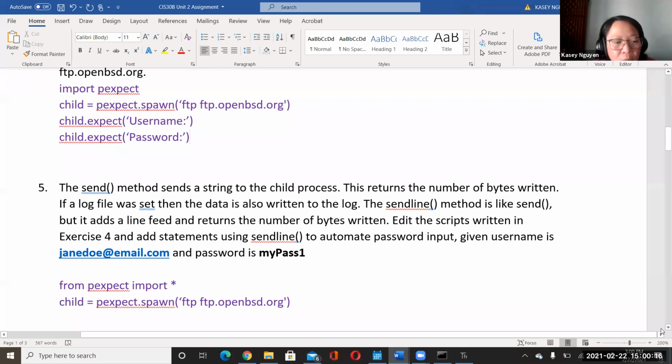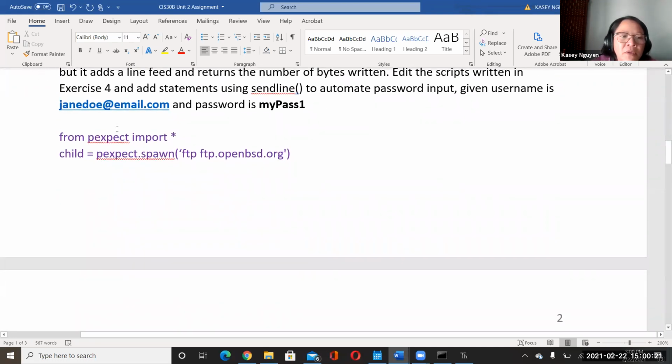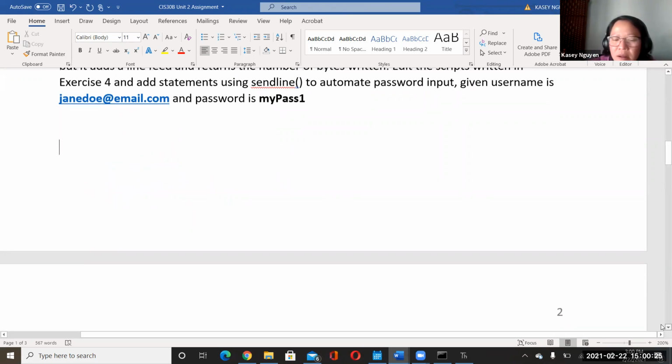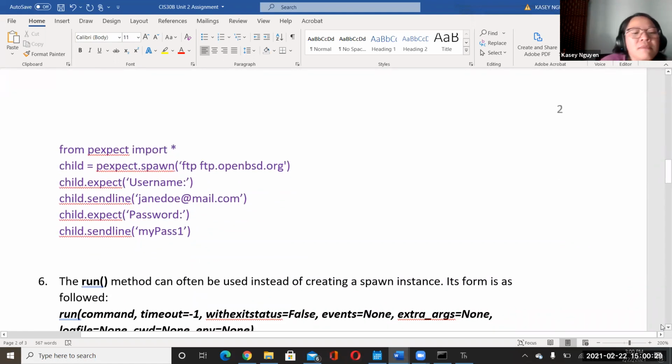And then we would, sorry, it cuts off here. Let me move this to the next part. We would then put in our next statement, which is going to be expect username, which is from number 4.